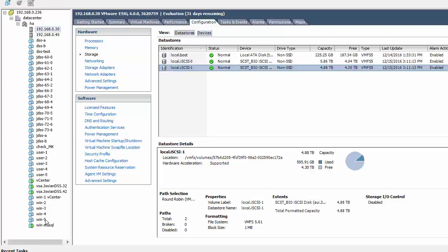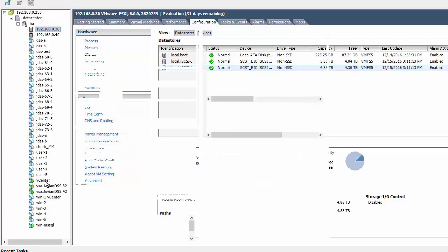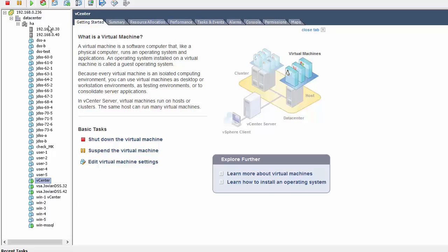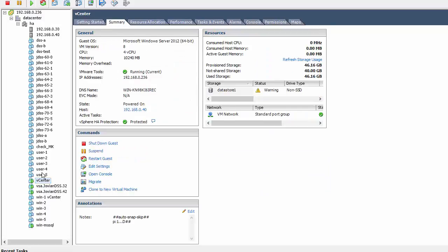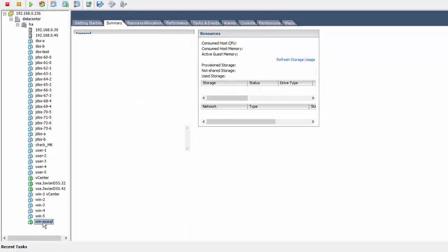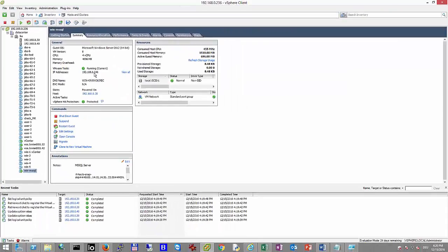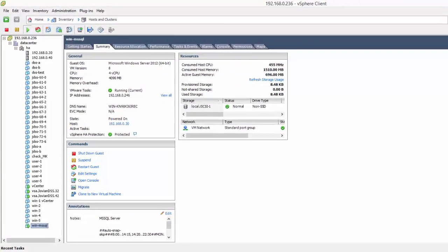And what I'm running here is not a lot. I'm just running this vCenter, which I'm connecting to. When I go to the vCenter, that's 0236, exactly the one which I'm connecting. And there is one more Windows MS SQL machine with 0246, right? So I do not run a lot here. Where is my SMB client? My SMB client is this Windows which I'm accessing right now. And where is my SMB export?